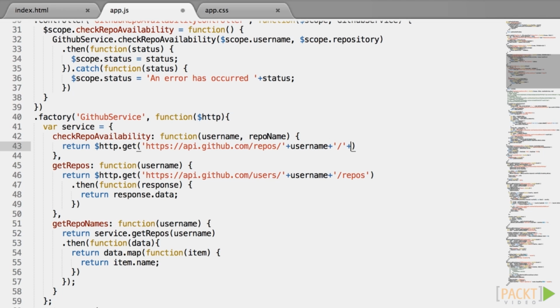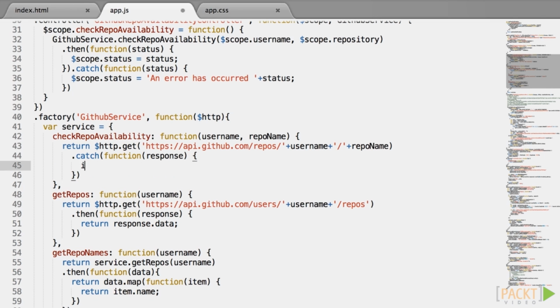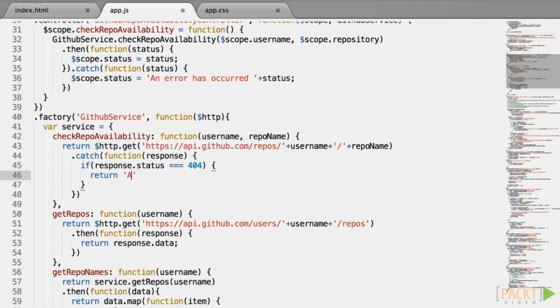Of course, if we just return this way, we are returning a promise, which is a good start. But if this promise is rejected because of a 404 error, we actually want the method to return a resolved promise, a success. Since we need to handle a rejection, this time we will continue with the process with a .catch, and the .catch will receive the HTTP response as a parameter. Now we'll check for the status, whether it is 404, in which case we will simply return the string available. So simply by returning anything, as long as it's not a rejected promise, we transform this rejection into a successful